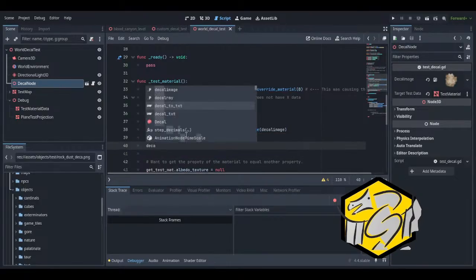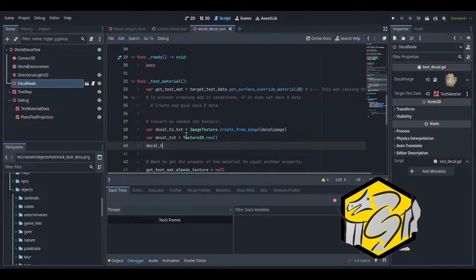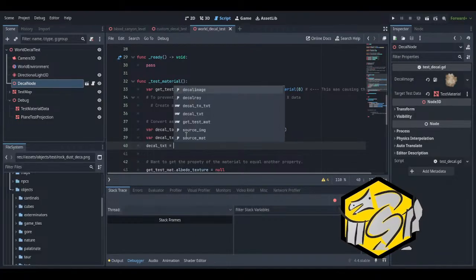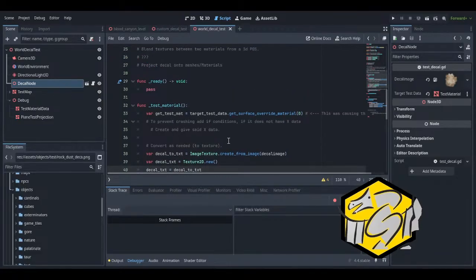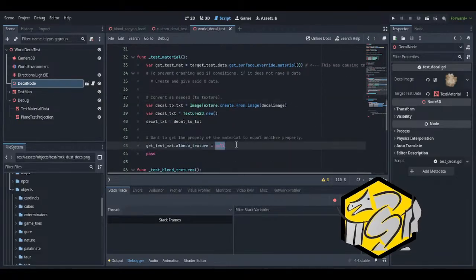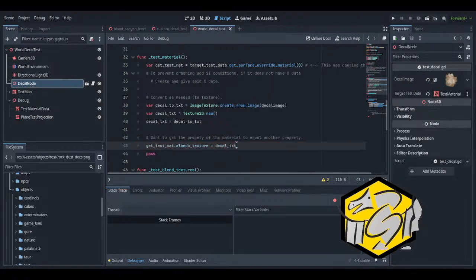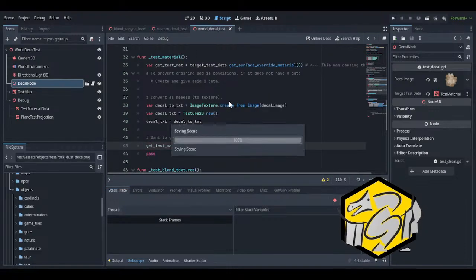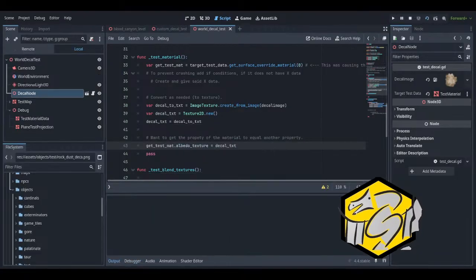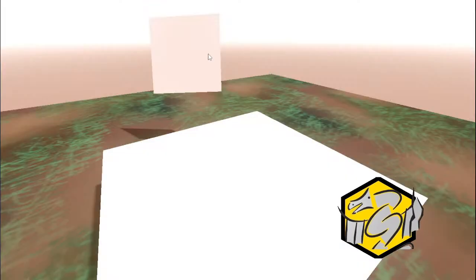And decal texture equal to texture decal texture. I think nothing. It didn't crash, but it also didn't work.